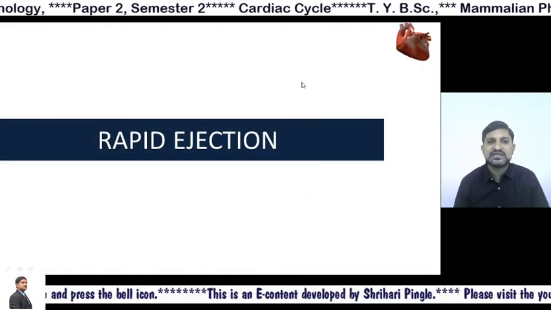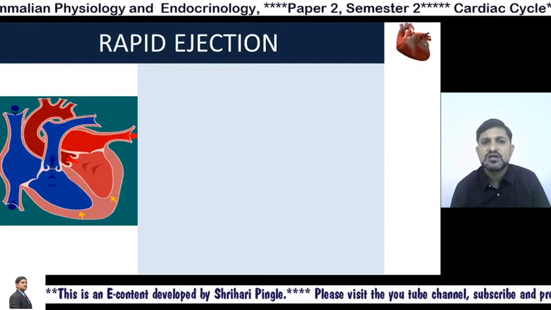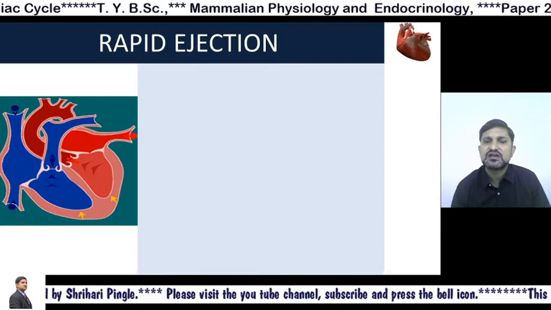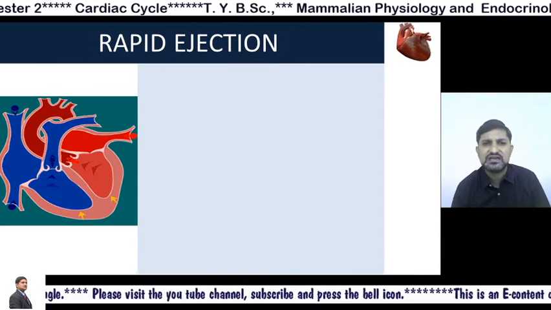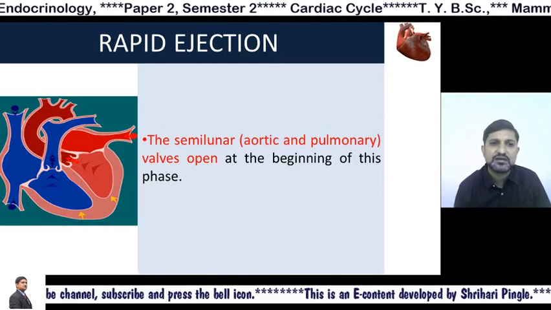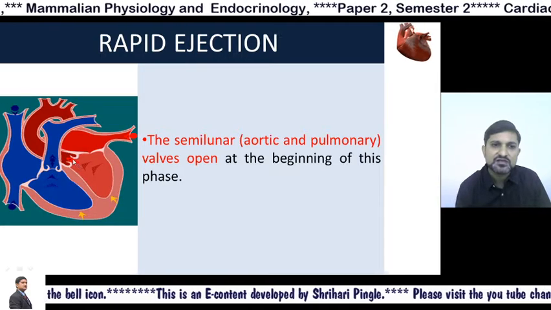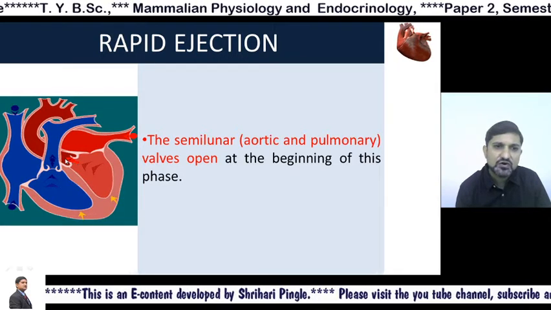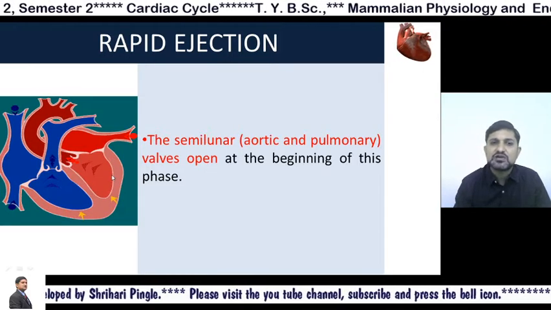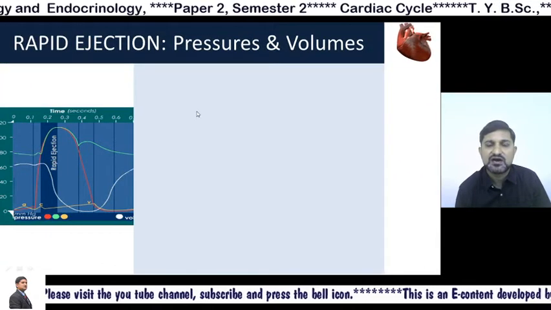Now we go into the next event, that is rapid ejection, a very important one, because the body itself is a big machine, and the heart needs to throw this blood quickly into the complete system. So therefore ejection of the blood has to be a rapid one. By this time the semilunar valves, as we have discussed already, have already opened, and as a result of this, blood is quickly sent into the aorta and pulmonary arteries.